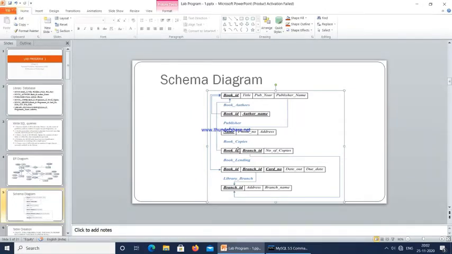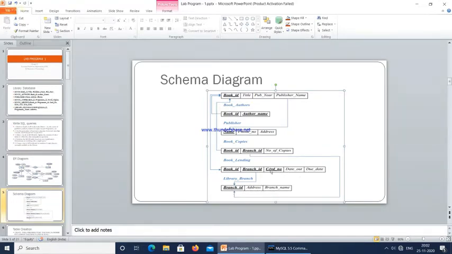Then we have book copies. In this table we have book ID, branch ID and number of copies. Book ID and branch ID are the combination of primary keys. Then we have book lending information, which is going to contain book ID, branch ID and card number. So 3 are the primary keys here. Book ID is a foreign key referring to the book table. Branch ID is a foreign key referring to the library branch.